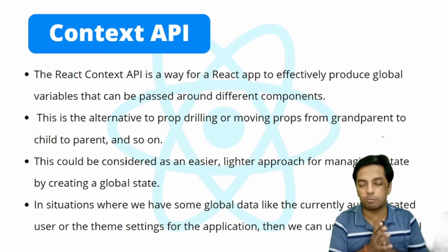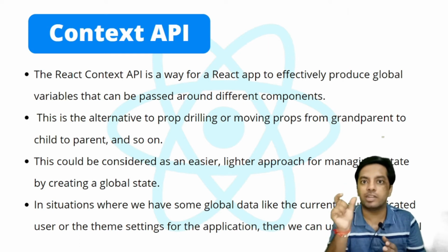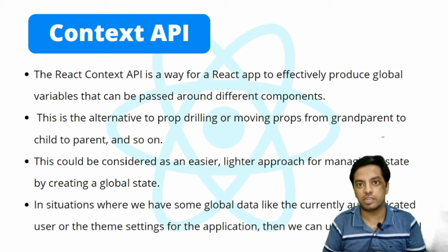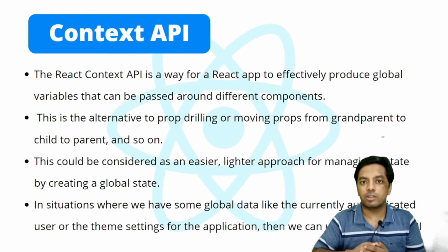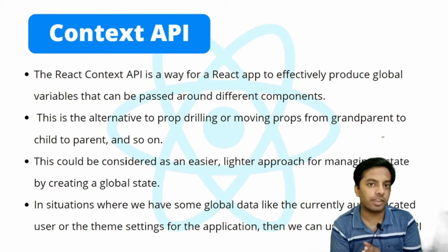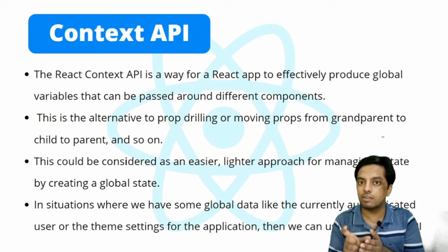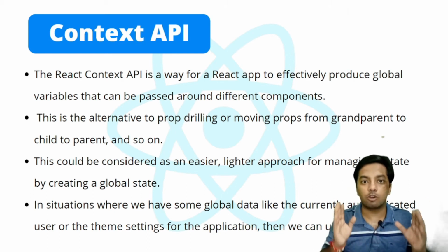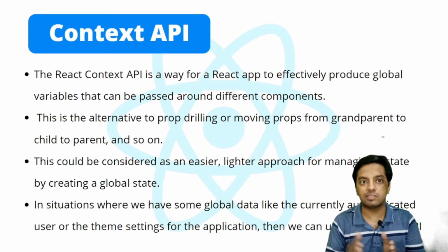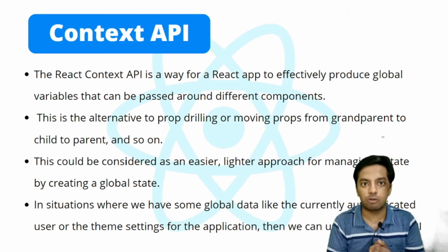So now what is prop drilling? Let's say we have 5 different components and the very first component has some values, some properties that need to be accessed only by the fifth component. Now in the default way, what we could have done is pass the value from the first component to the second as a prop, then from second to third, third to fourth, and then from fourth to fifth, and then the fifth could have accessed that. But by passing these values, we are occupying unnecessary space and increasing the code base. There is no need of these properties in the second, third, and fourth components.